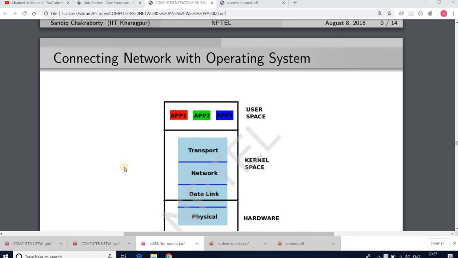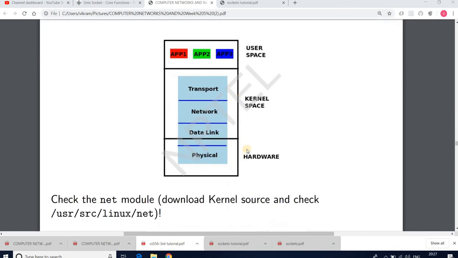To start with, as we have discussed earlier, this entire network protocol stack is implemented inside the kernel layer of the operating system. In general, we have 5 layers in the TCP/IP protocol stack.